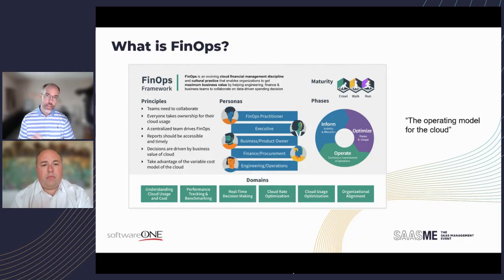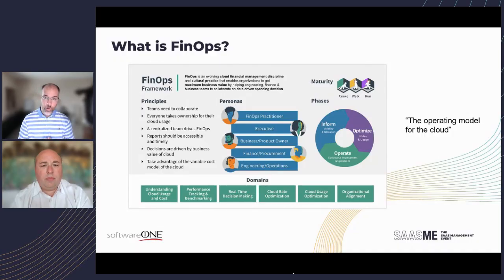The personas are also very important, because when it comes to FinOps, especially what we see day to day from a hyperscaler standpoint and the speed at which everything changes, having this as a cross-functional practice is absolutely critical to the success of a FinOps practice. It's not just IT, it's not just ITAM, it's not just procurement, it's not just SAM, it's all of these different functional roles together that make up a FinOps practice.